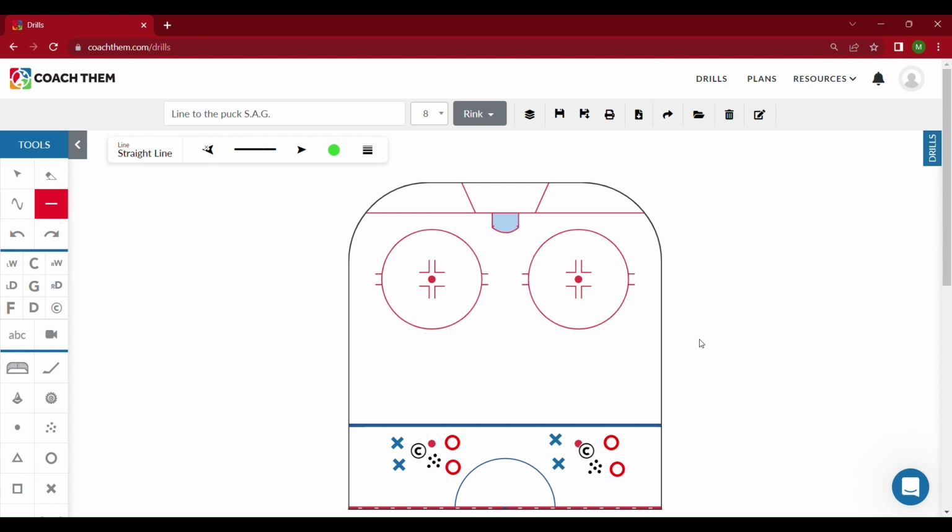All right, so this is a small area game. I call it line to the puck because the emphasis we're working on is getting body position. We talk a lot with our players about winning the line to the puck. So getting that first step and getting inside body position so you can win a 50-50 puck. The way it's set up, there's one team lined up on the left side of the dot, on both sides, as you can see at the X's and O's here. For this example, we're going to start the drill on the left side